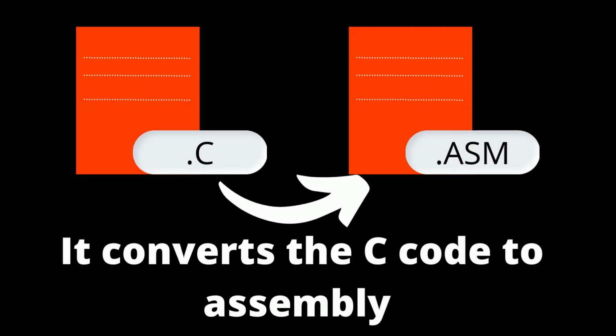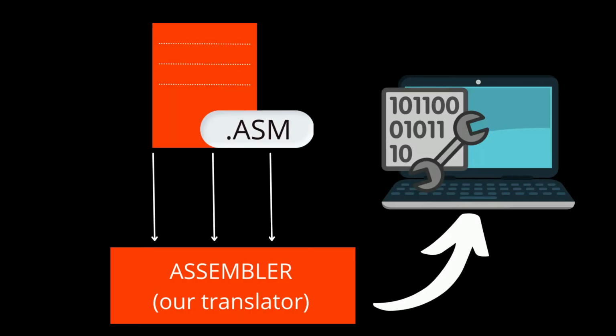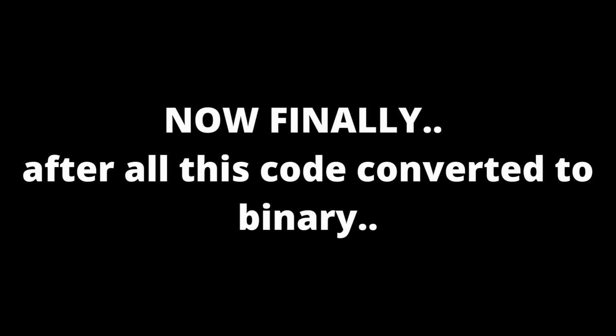Now here's the interesting bit. C at the end gets converted to assembly as well. Who does the task, you ask? That is in fact done by a compiler. That is its only job here, to convert C code to assembly. From here, the assembly's assembler takes over and converts the code to binary.